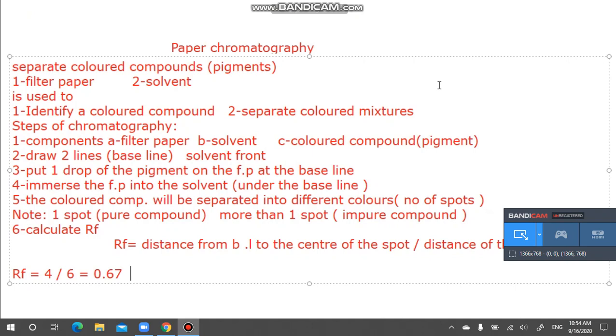So we can identify the type of the compound by knowing its RF. Okay? For the spot B, for the compound B, how can you calculate the RF of the compound? RF here equals 1.5 over